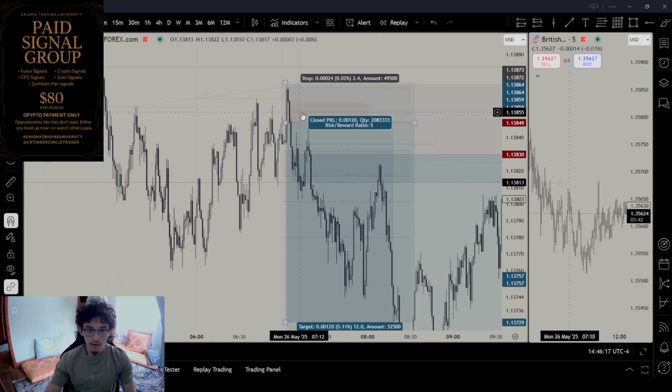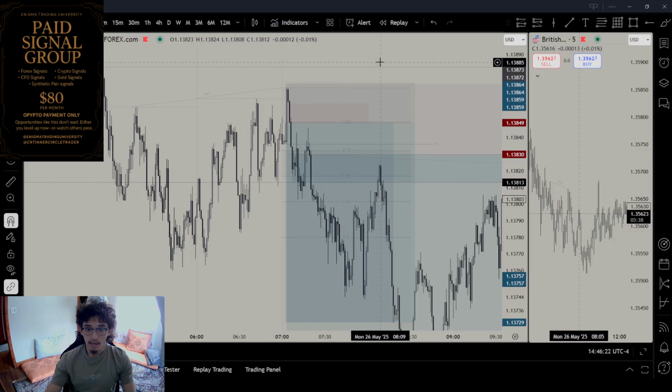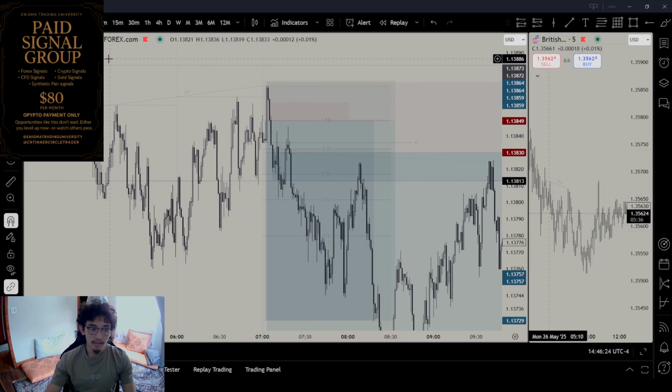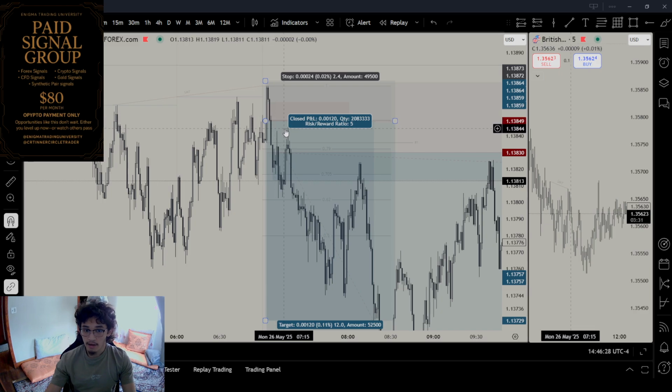So this is how you know the turtle soup will hold, and how to enter the turtle soup. I've already given the sauce here. And keep in mind, if you try that in the live market, I just told you the method of entering a turtle soup.